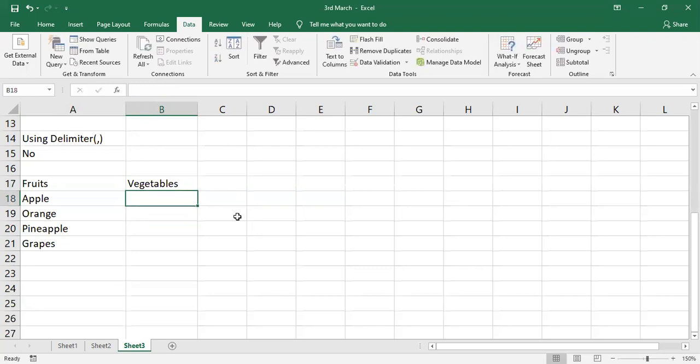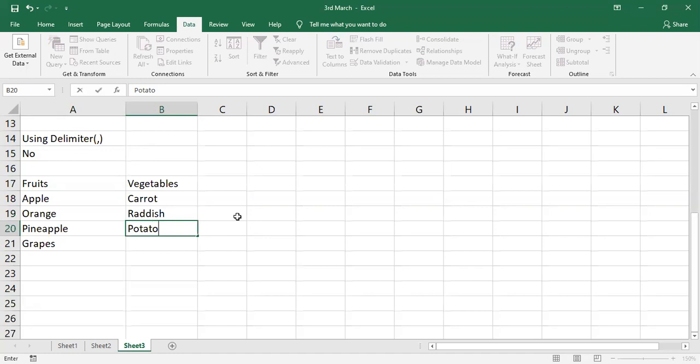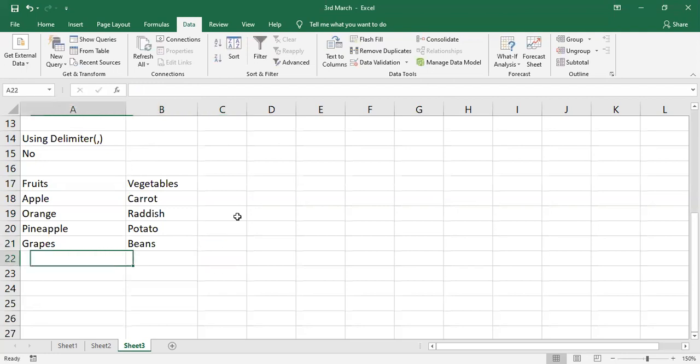So here I'm going to create 3 different lists. In this vegetables, I'll give here carrot, radish, potato, beans. You can give it in any range.